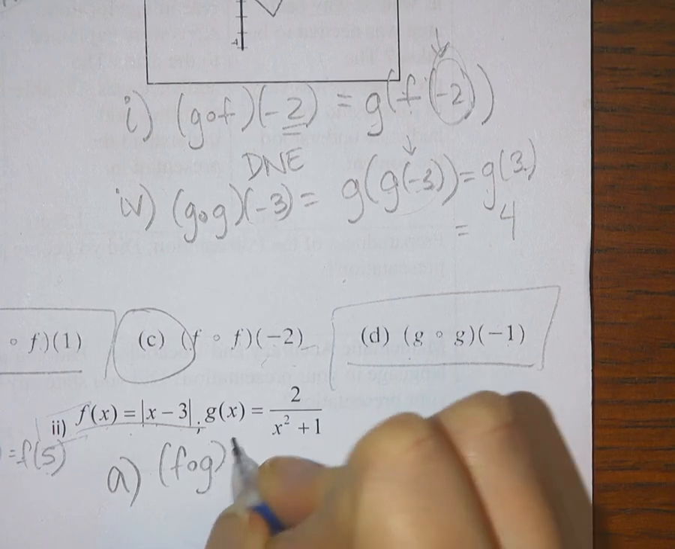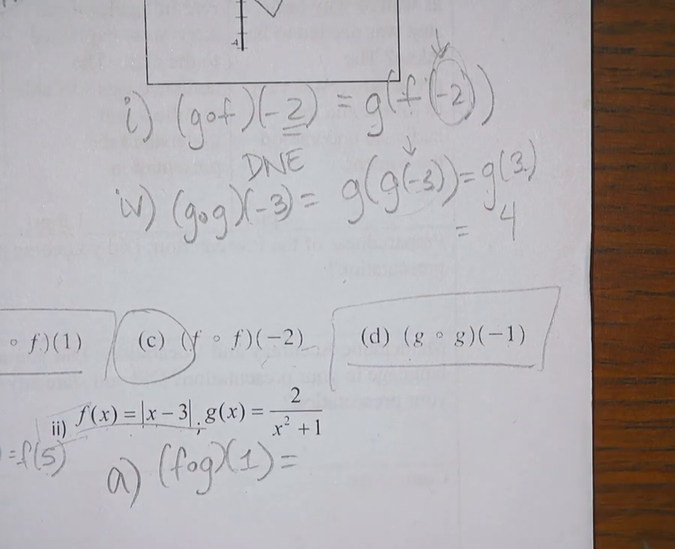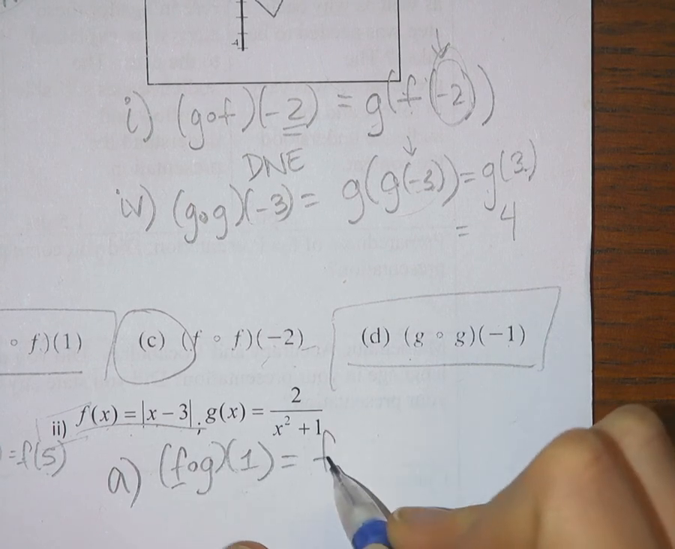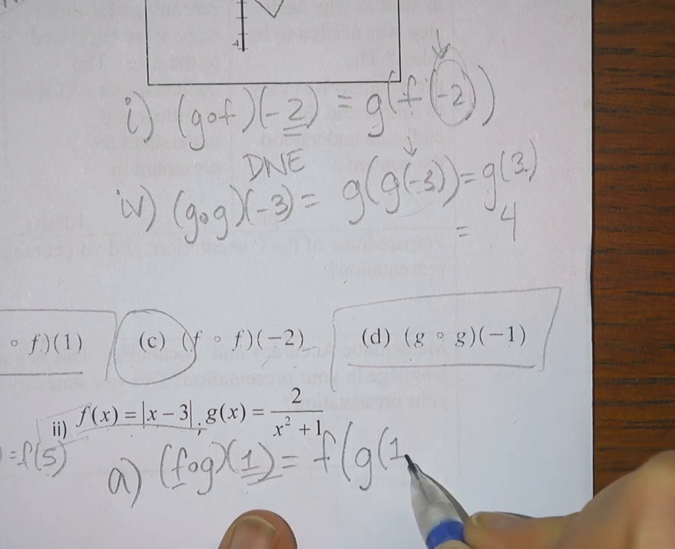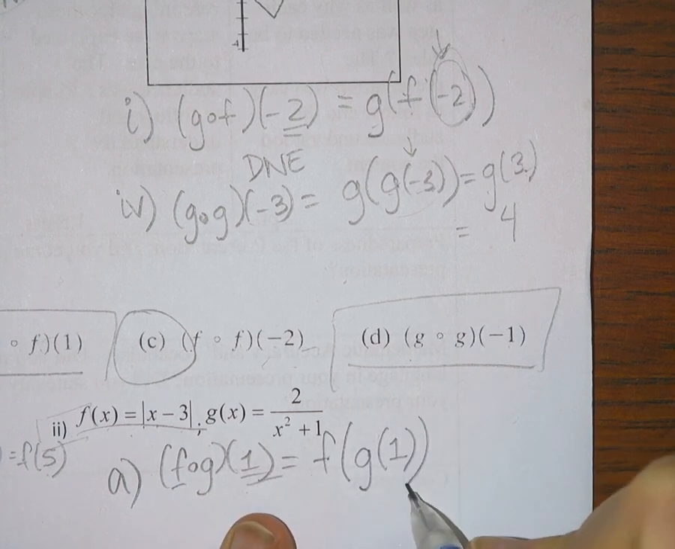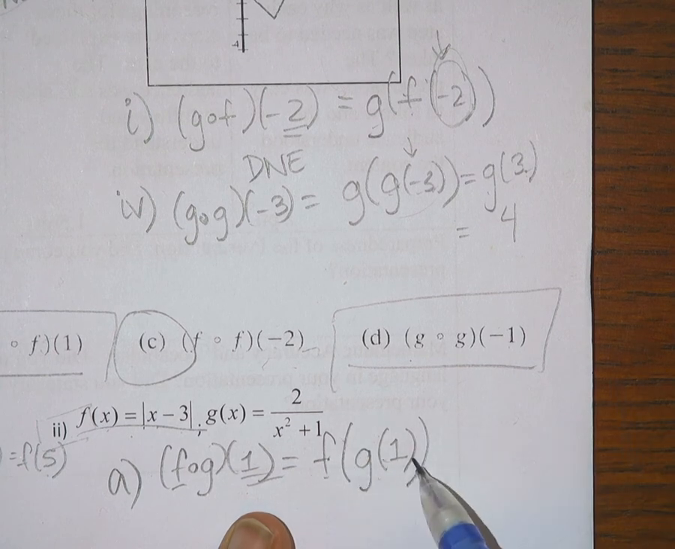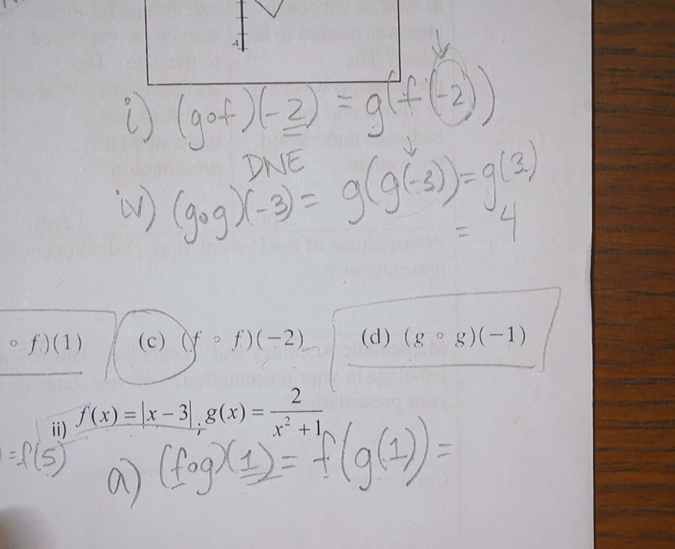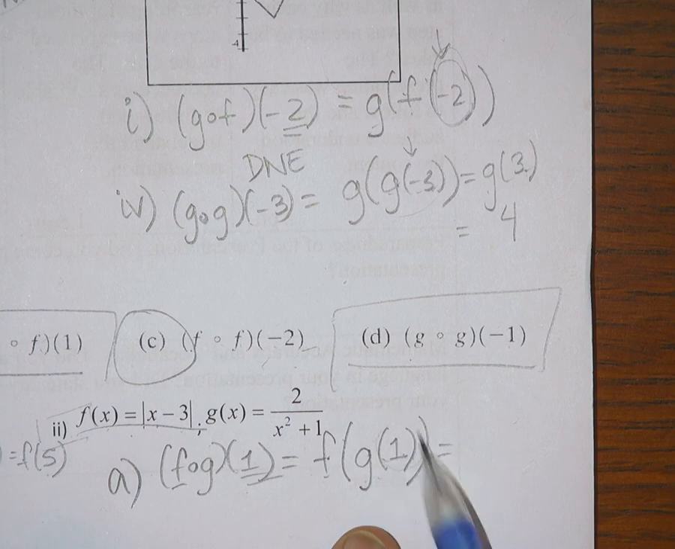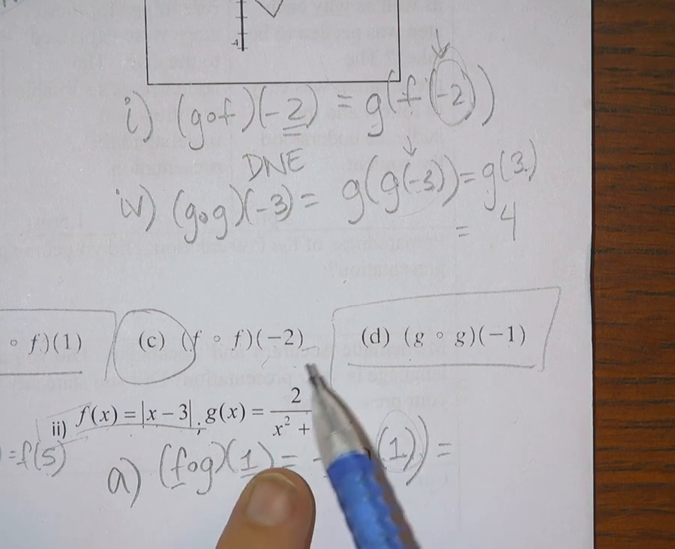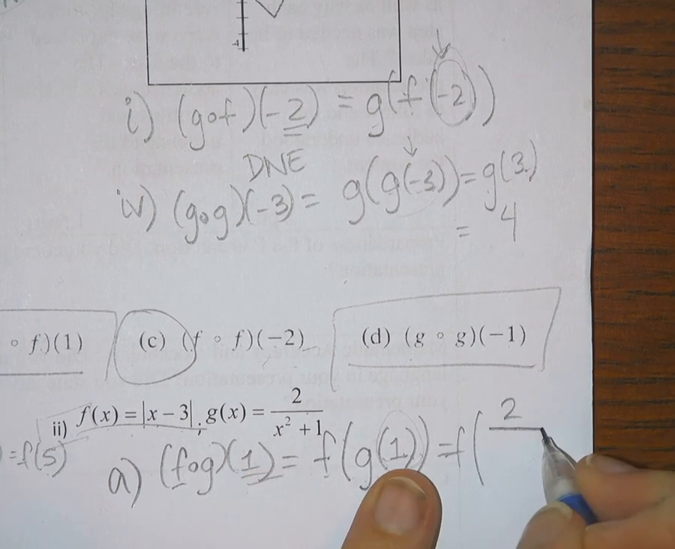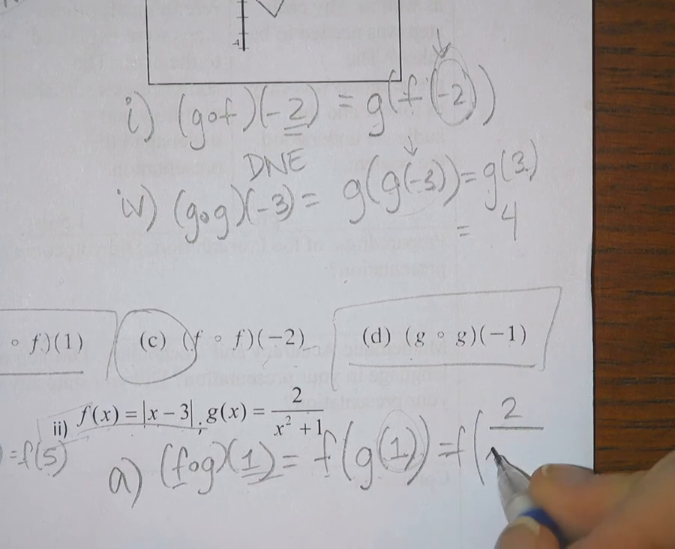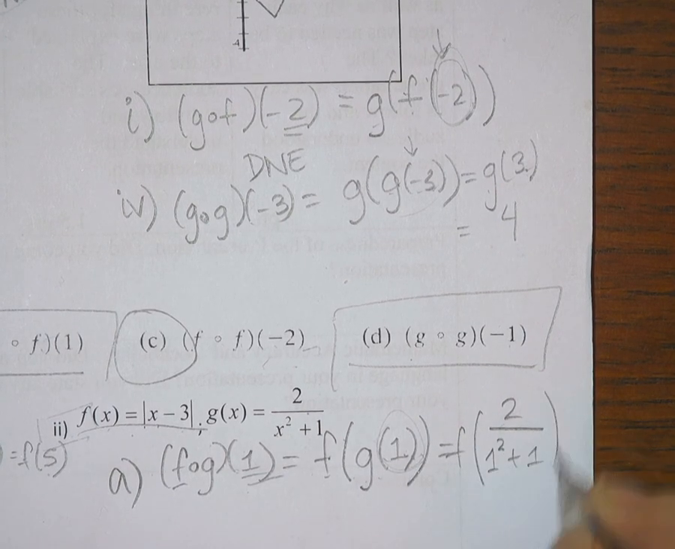So f composed with g of 1, which we can rewrite first function on the outside, second function on the inside of our value, what we want to put as our variable. So f of g of 1, and now I can work my way from the inside out. So I'm going to start with g of 1. So I'm going to take 1 and I'm going to plug it into my function g. So I can see here that this is going to end up being 2 over 1 squared plus 1,